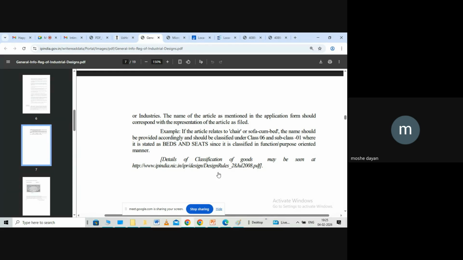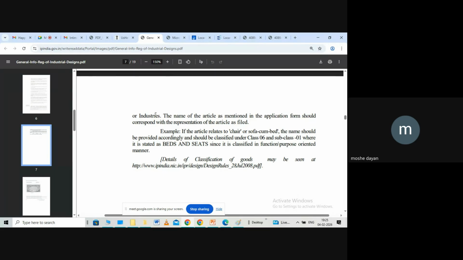And one tip, please use photographs. Please use real photographs. And if your illustration, if your representation is clear, definitely you will secure a design grant. My suggestion is avoid giving pictorial views or artistic views. Don't do that. Go for real photographs. Take the photograph, remove the background, and submit all the 4 views.